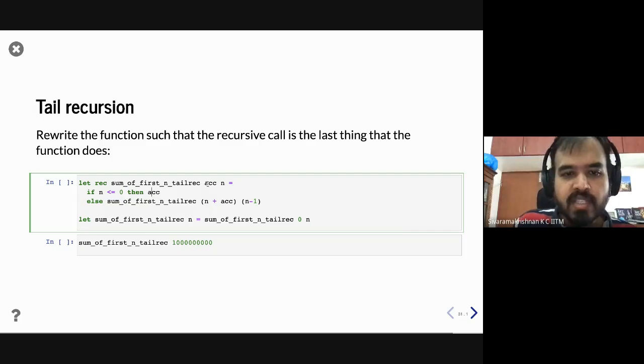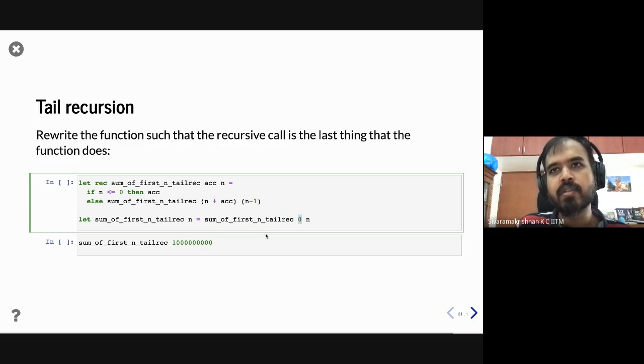So, okay, we have this additional argument accumulator, right? So what is the initial value of the accumulator? When you write the for loop for computing the sum of n variables, you will say sum equals 0. And similarly, when we call the first function the first time, we set accumulator to 0 here.